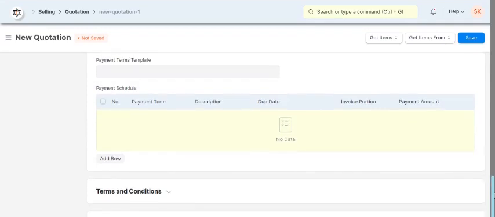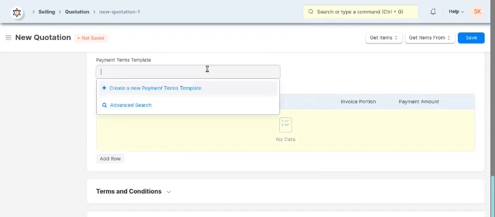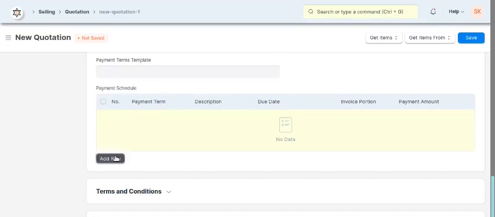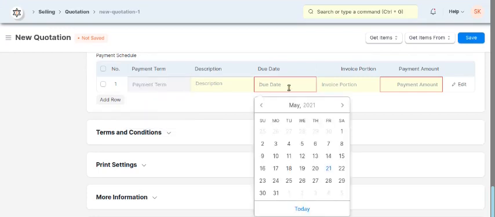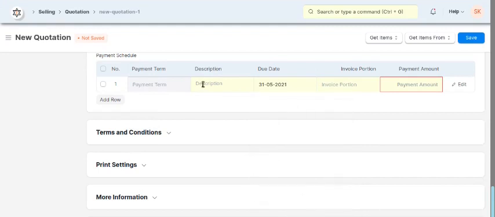And over here these are the payment terms. Suppose you have some payment terms, like 15 days or 45 days. You can select the due days and basically create a template.